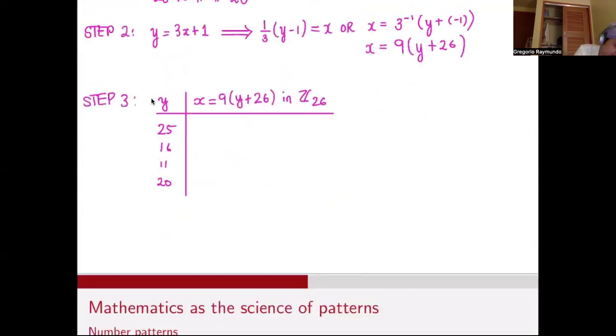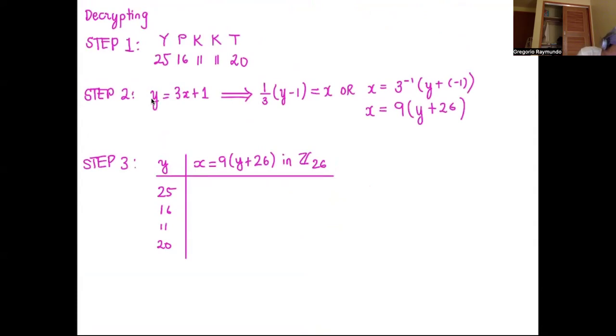Sorry, 25 pala ito. Ito ko 26, 25 pala yan. 25. So, 25 plus 25, 50, divided by 26. 50 divided by 26 is 1, 26, 24. So we get 24